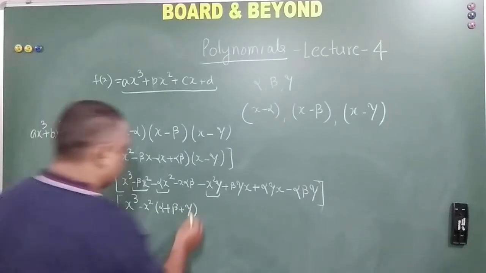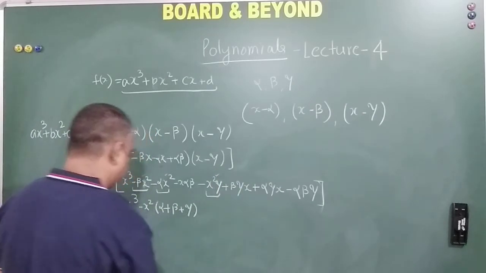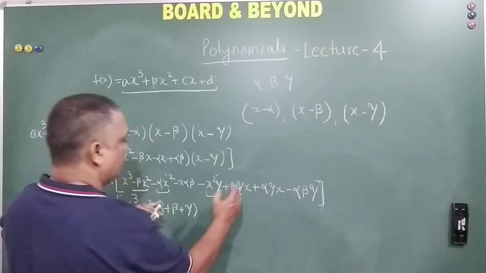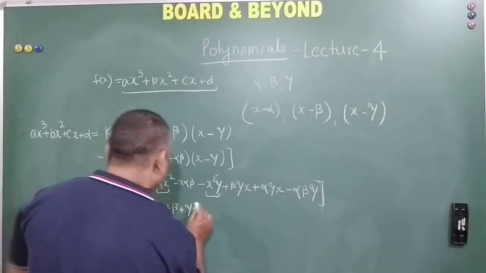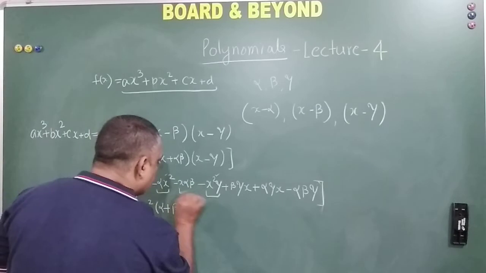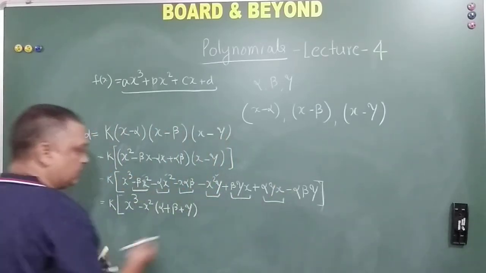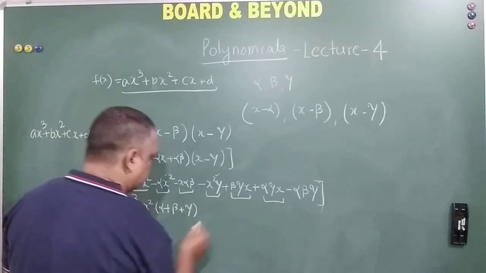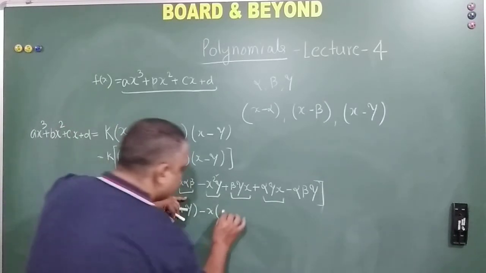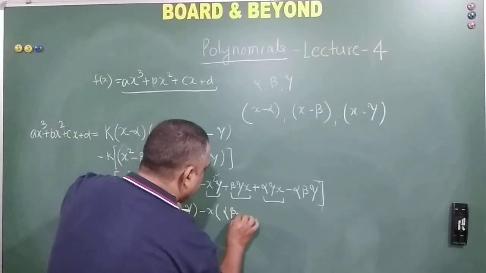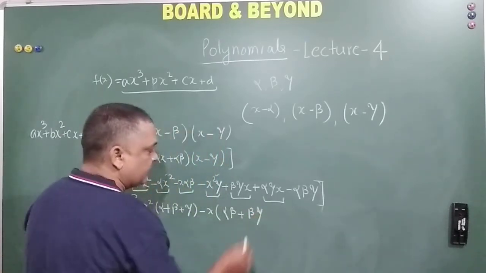Okay. So this is dealt with, this is dealt with, this is dealt with. Now coming on to the terms which are having only x as a variable. So that is equal to this term and this term, right? So now I take x also common here, minus x also common here. So here I am left with alpha beta plus beta gamma plus